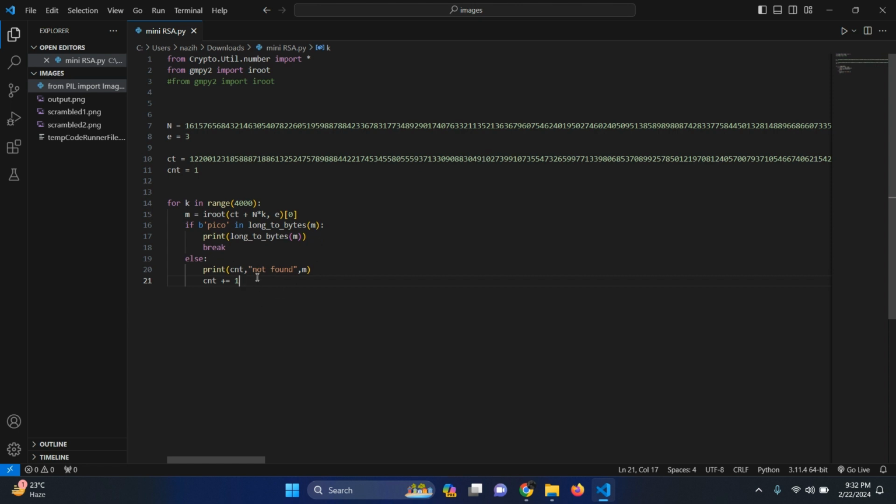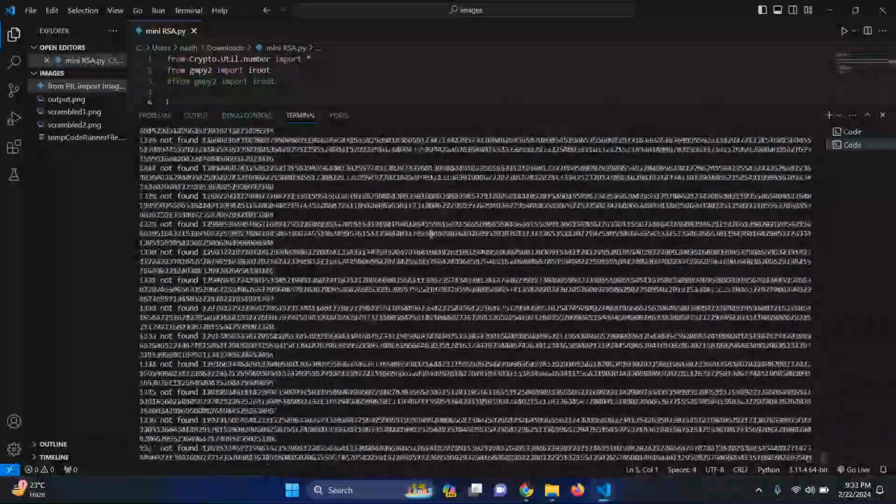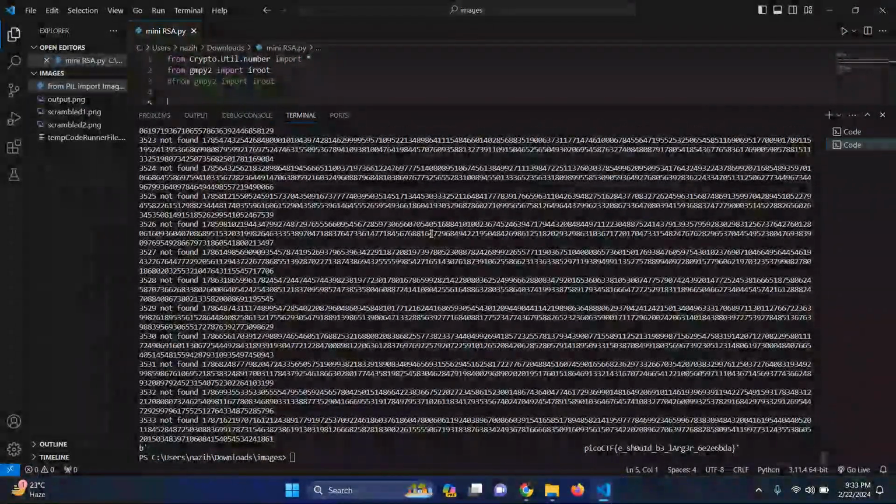Otherwise, I will be printing the string not found and a count where I'm keeping track of the number of iterations. So now let's run this. Okay, so after about 3533 iterations, we get the flag